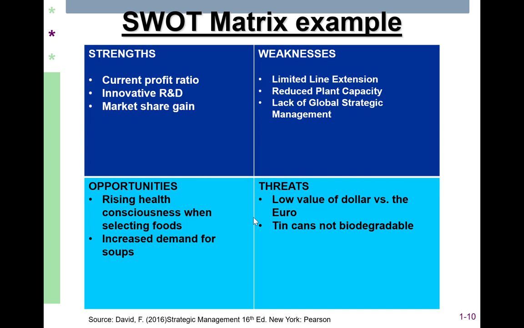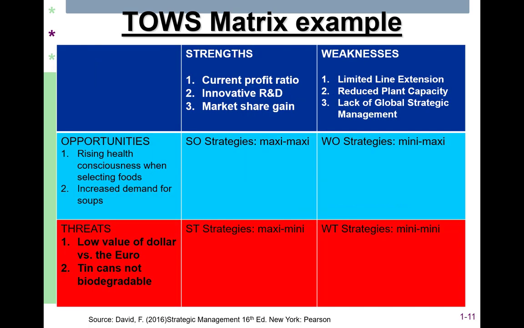What we can do with this, because again, as it is, it's more just current state, is change or modify it into what you would call a level 2 analysis tool. So all I've done is modify the SWOT, and we're going to change it into a TOWS. We put the strengths and weaknesses up here, we put the opportunities and threats here, and we've created 4 new quadrants